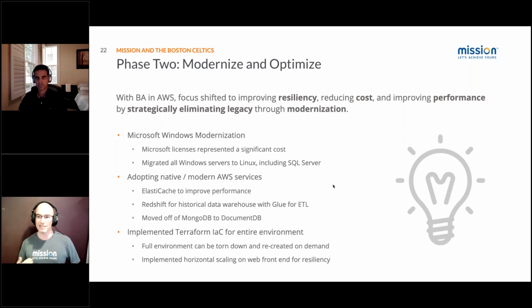So we got them to the point where they could tear up and tear down their whole analytical environment on demand. So if they had to make a change, to prevent drift, your environment might be immutable. They can tear it all down, make that change, and spin it right back up again. And the horizontal scaling part, where you have those on-demand servers, helps increase resiliency. Instead of increasing size and having to wait for that to come back up or get more cores or take advantage of increased disk space, we scaled horizontally, spreading the workload out among many small machines.